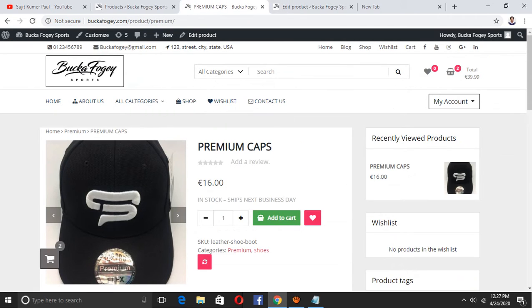You can see here it is showing one quantity.